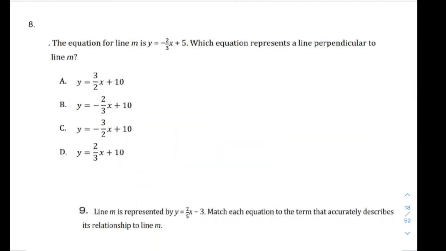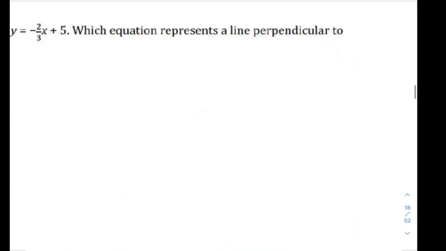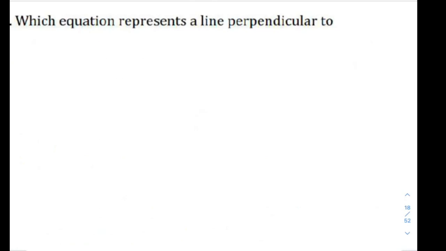Now moving to the slope topic. Now let's recall, when are the lines parallel, perpendicular, or neither? Remember, if we are comparing the lines, we have one of the three options. We have either slope of the first line equals slope of the second line, that means the lines are parallel,